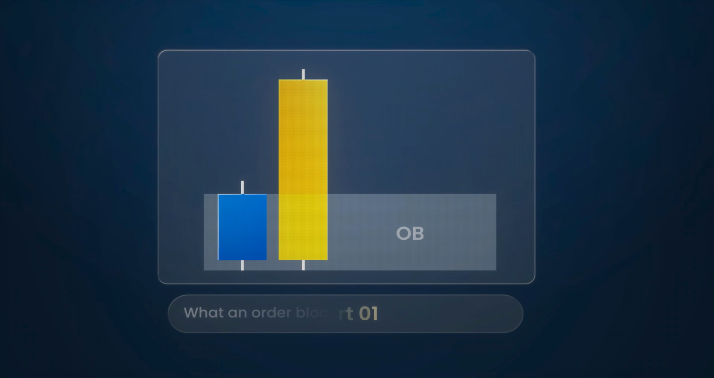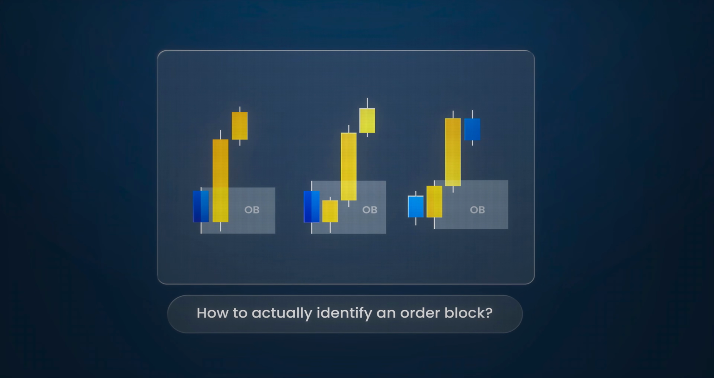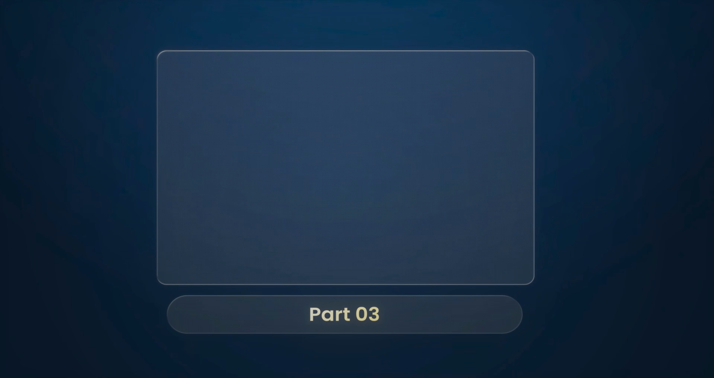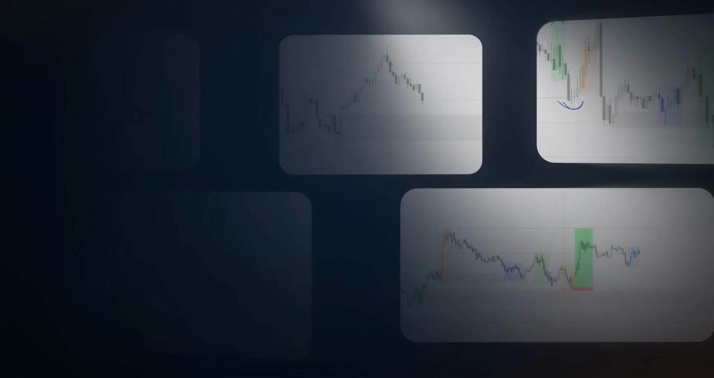Well, in today's video, I want to reveal to you how to actually choose the correct order blocks that work consistently. This is a 4-part video. In part number 1, I'm going to define to you what an order block actually is and why they work. In part 2, I'll show you how to actually identify an order block, or the 3 different types of order blocks that exist. In part 3, I'll share with you my 3 golden rules to make sure that you're choosing